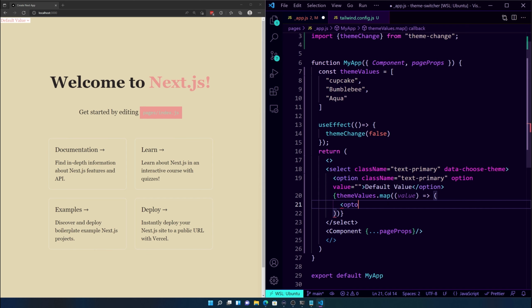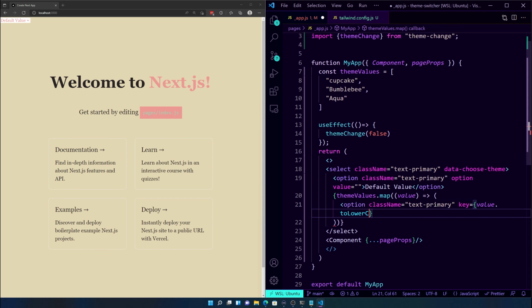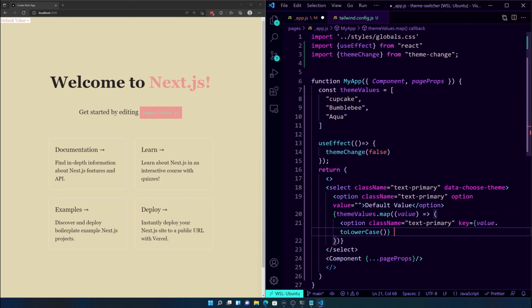So we can do option, className equals text-primary, give it a key equal to value.toLowerCase, so that we can just have it in a lowercase form. The value is also going to be the same, so we can copy and paste that. And then we can close this out and then just pass in value as an option.